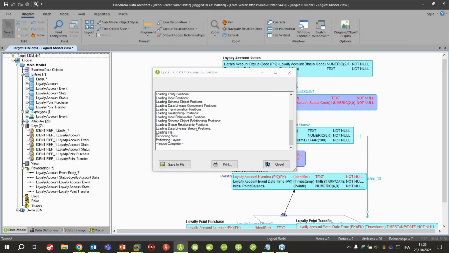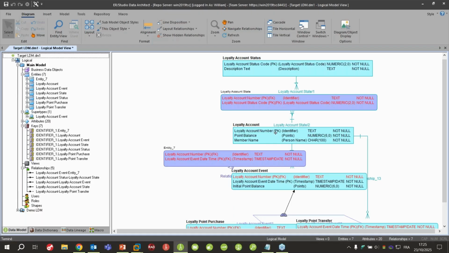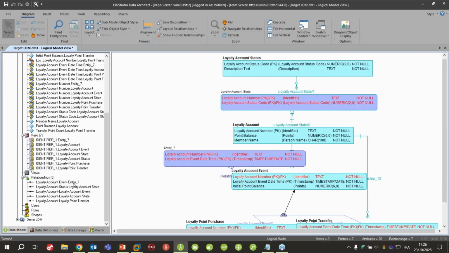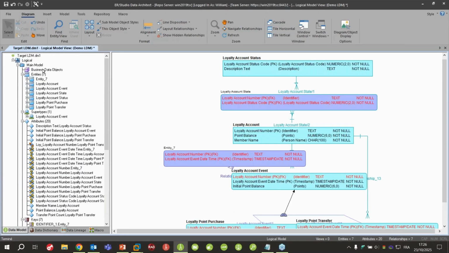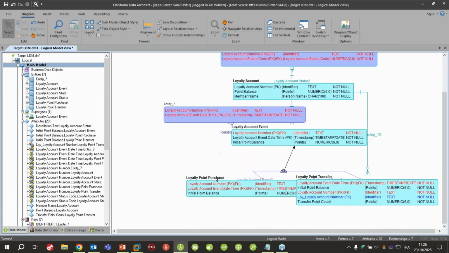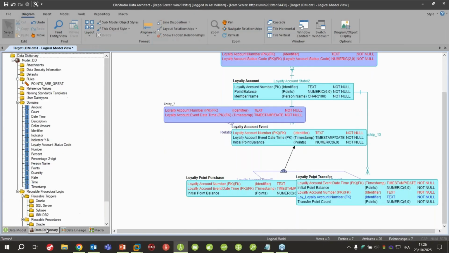When I say yes, automatically it imports my project, and so I can see all the different entities, all the different attributes, the keys, and so on, that have been automatically generated. Some models that also existed in my Power Designer have been automatically generated. So I have my different models directly available. If I navigate to the data dictionary part, I will see all the different domains that have been used. They are currently displayed here by default.